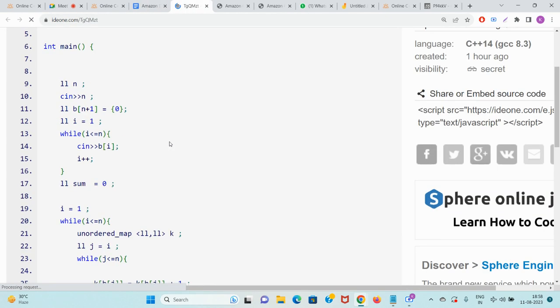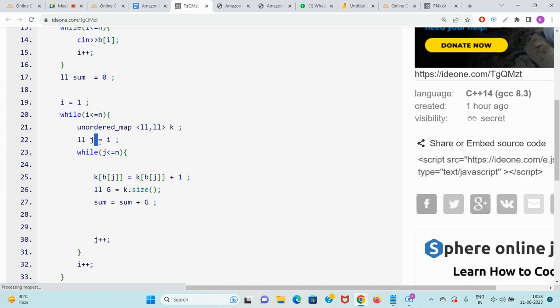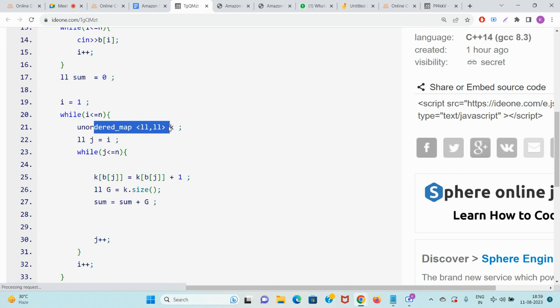Okay, you can see nothing special happened. I iterated i from 1 to n. j is also going from i to n. I'm declaring a map every time, I'm